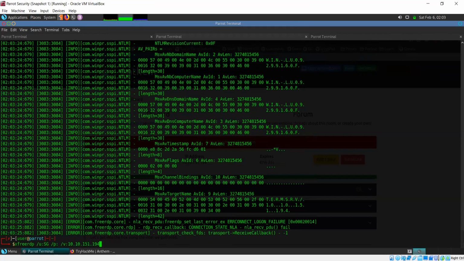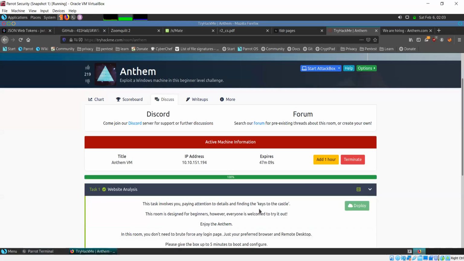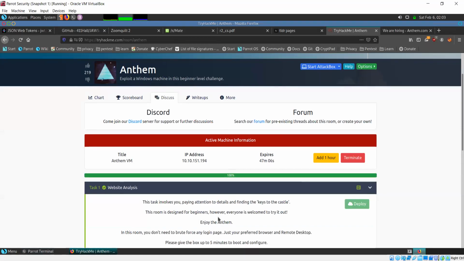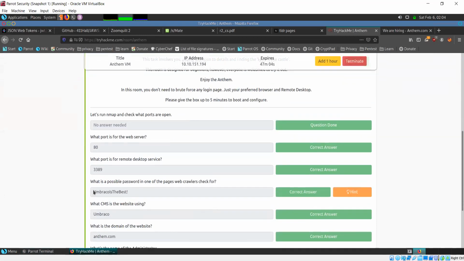We found something in Umbraco, like in robots.txt, that was Umbraco's password. Maybe we can try that, but I'm not sure. See, even if you're not sure, there's no harm in trying, right? What is the worst that can happen? At most, you will not be able to log in. Let's try that here. The IP won't change. This is the username. Let's see what happens.